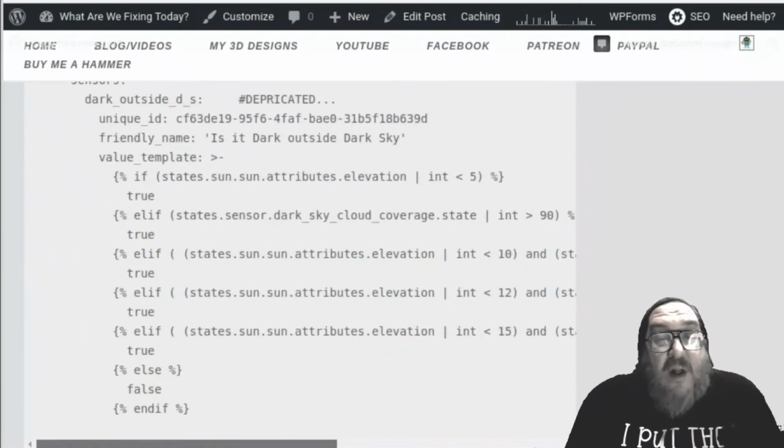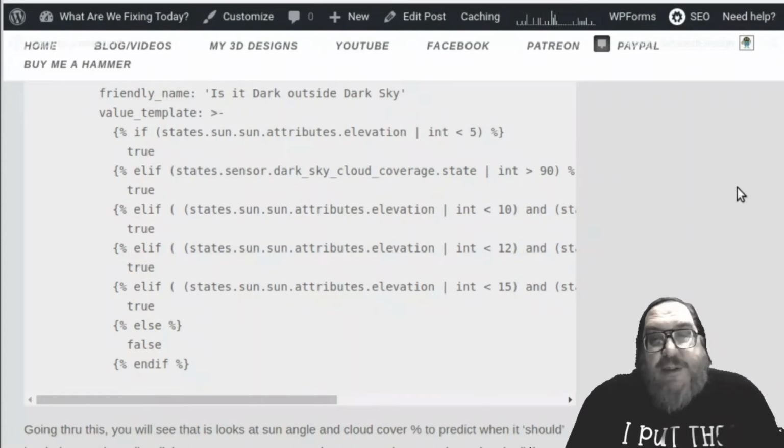And I used all those things to decide when to turn on the lights. I decided that, one, because I don't have the percent cloud cover anymore, and two, because I don't think it really mattered that much. I changed the automation